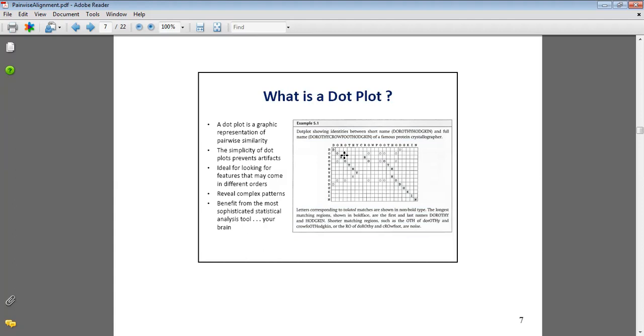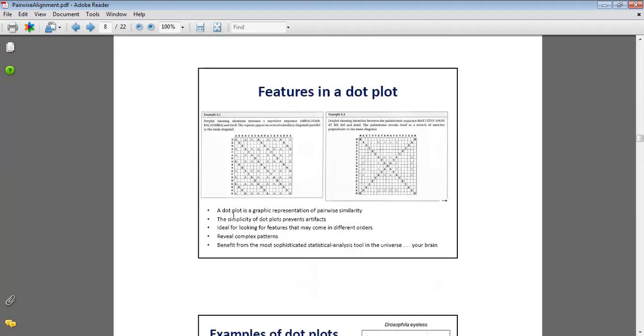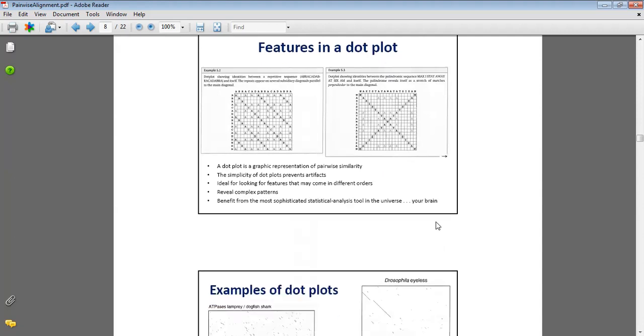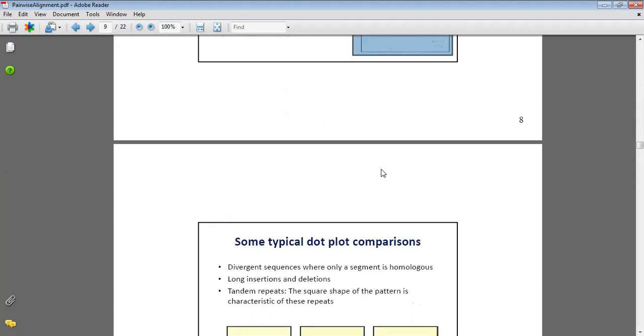So these dot plots show identities between short sequences from protein crystallography. When you find similarity between sequences, you can plot a dot at that site. So from this method, you can identify the similarity between two sequences. Here they are showing a dot plot graph and how to make one. After that, in the ATPase analysis, we can see the dot plots. Whenever you find similarity, you can see the pairwise similarity through this method.